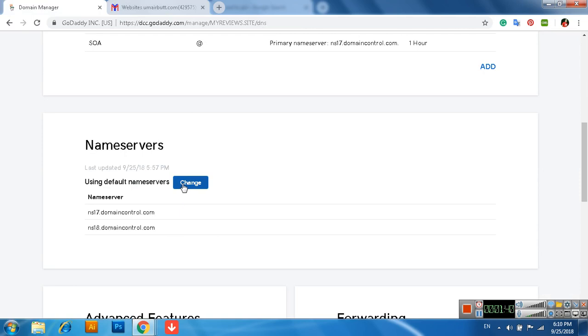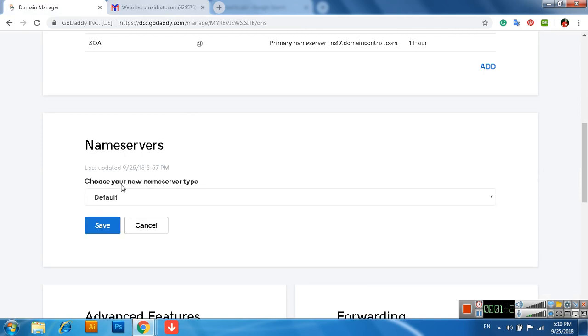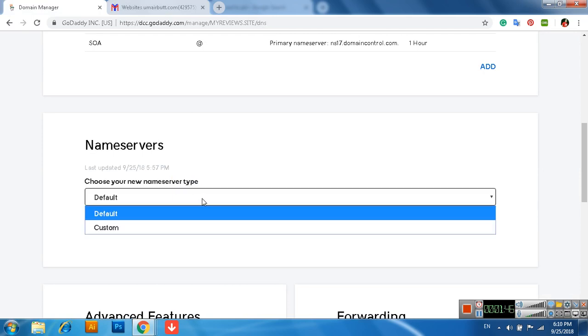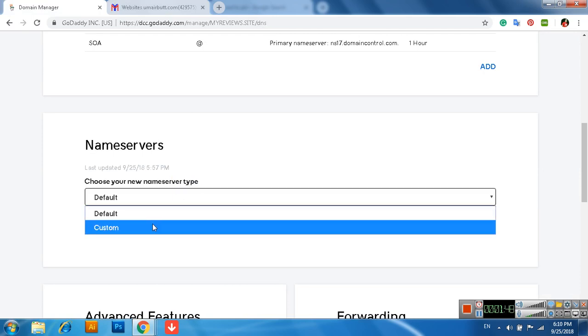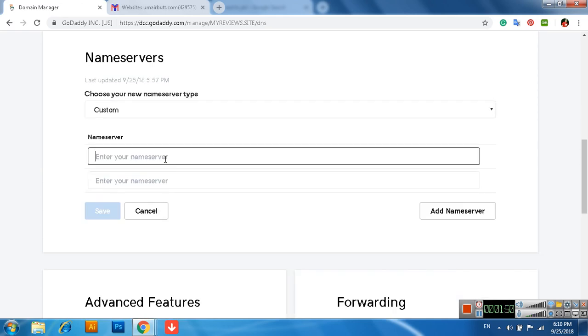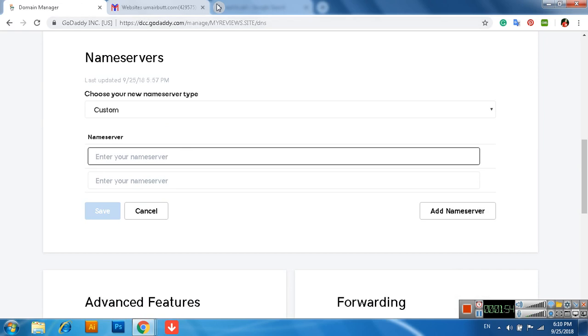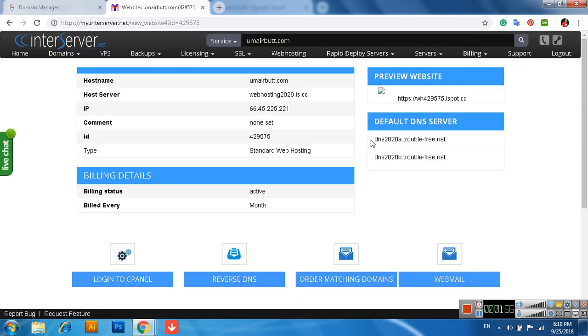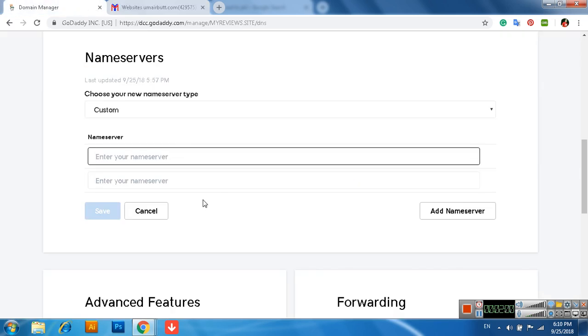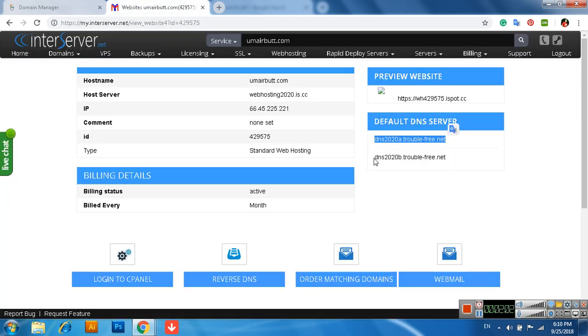We can click on change and then you can see here choose your new name server type. By default it is default, so you can select custom, and then in name server you can see here two fields. So we can update, we can copy this first and then the second name server we can copy